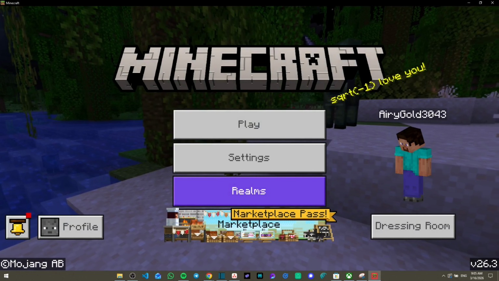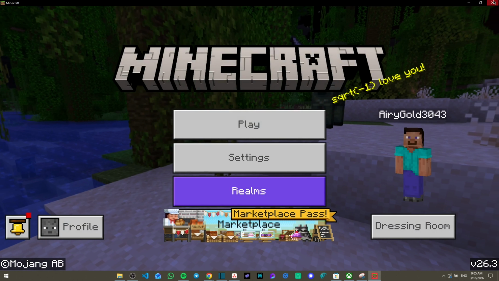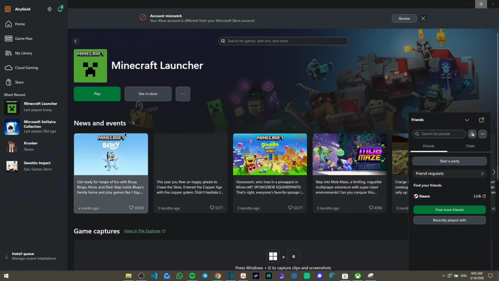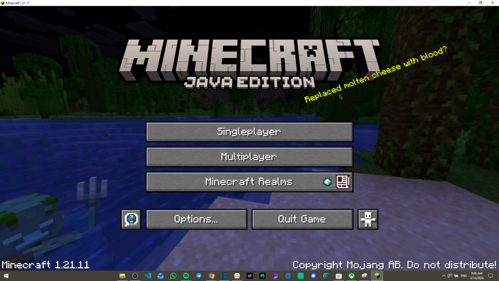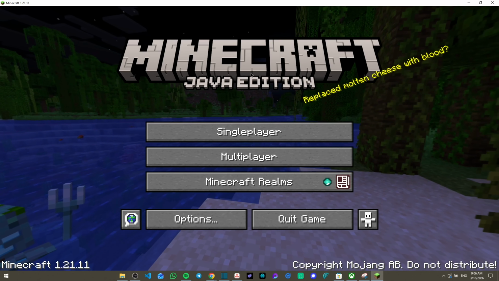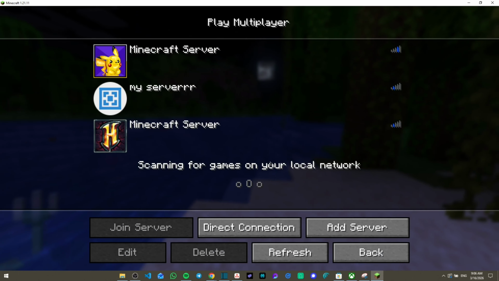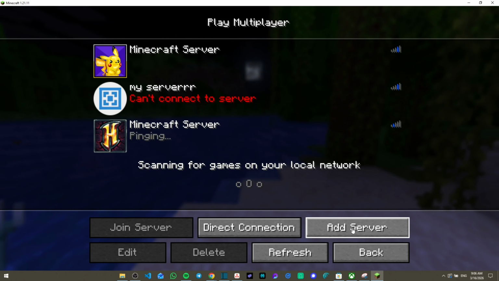If you are on the normal Java edition, then just exit the game. And then from here, let's go to our Java edition. For Java edition, you will need to make a server, not just a realm like in the default Bedrock servers. So you will have to go to multiplayer, and then you're going to either add a server or join